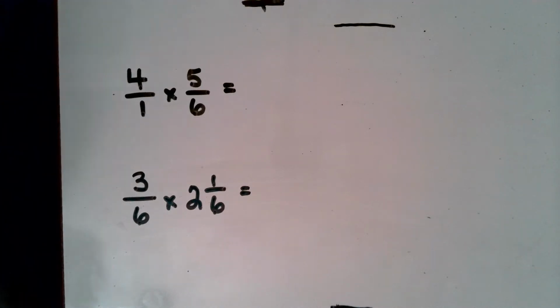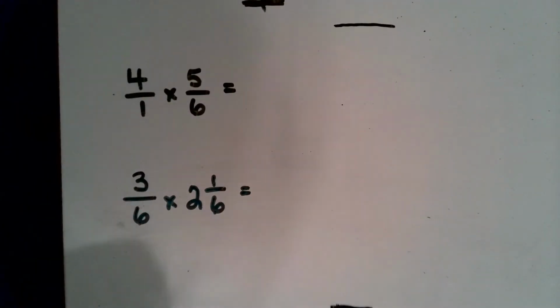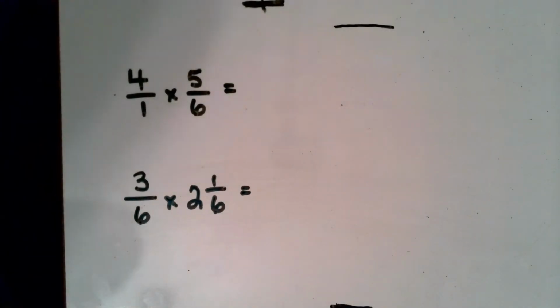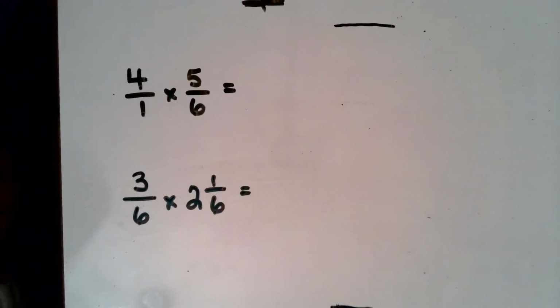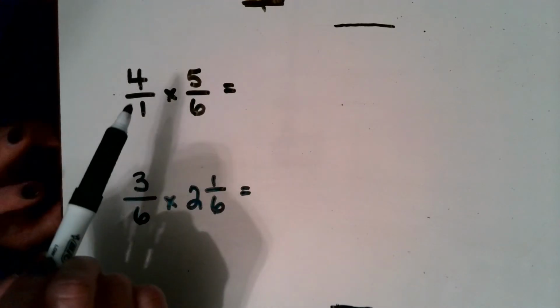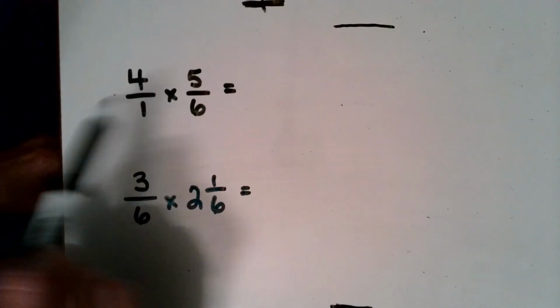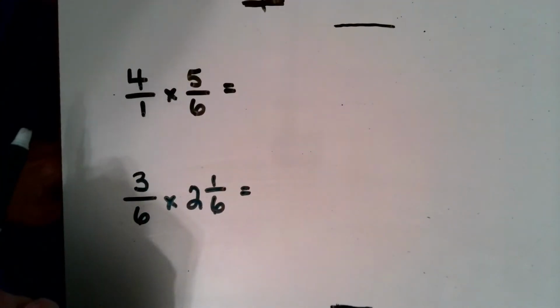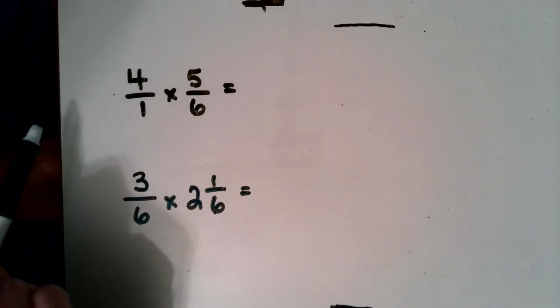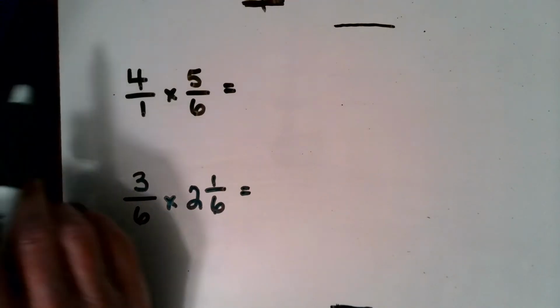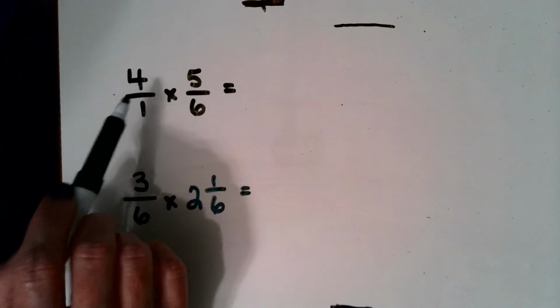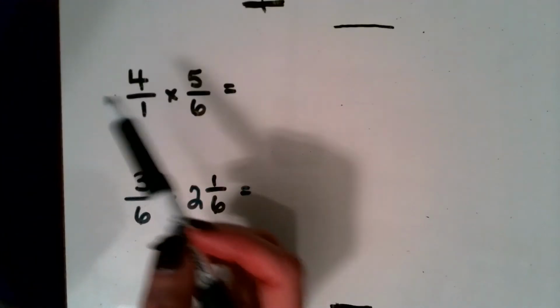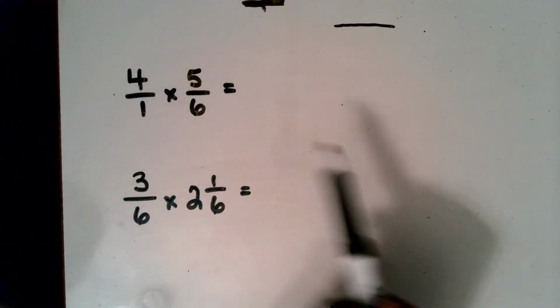So in this video, I want to teach you a little trick called cross canceling, which may make multiplying fractions a little bit easier. So cross canceling means that we can reduce fractions before we even start multiplying. And this works really well when you have big numbers that you're multiplying. It helps you to not have to multiply such big numbers and also not have to reduce such big numbers